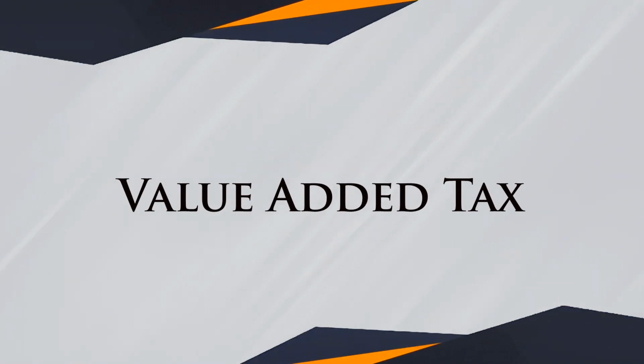The third type of taxation we'll be discussing is the value-added tax. A lot of people are familiar with this, especially business owners. Now, the value-added tax is a consumption tax that is levied on the sale of goods and services. It is an indirect tax that is passed on to the purchaser. So, it's literally the purchaser that pays for the tax at the point of purchase. It is imposed on every stage of the purchase, from the purchase of raw materials down to production up to the final sale. That's when the tax is paid.